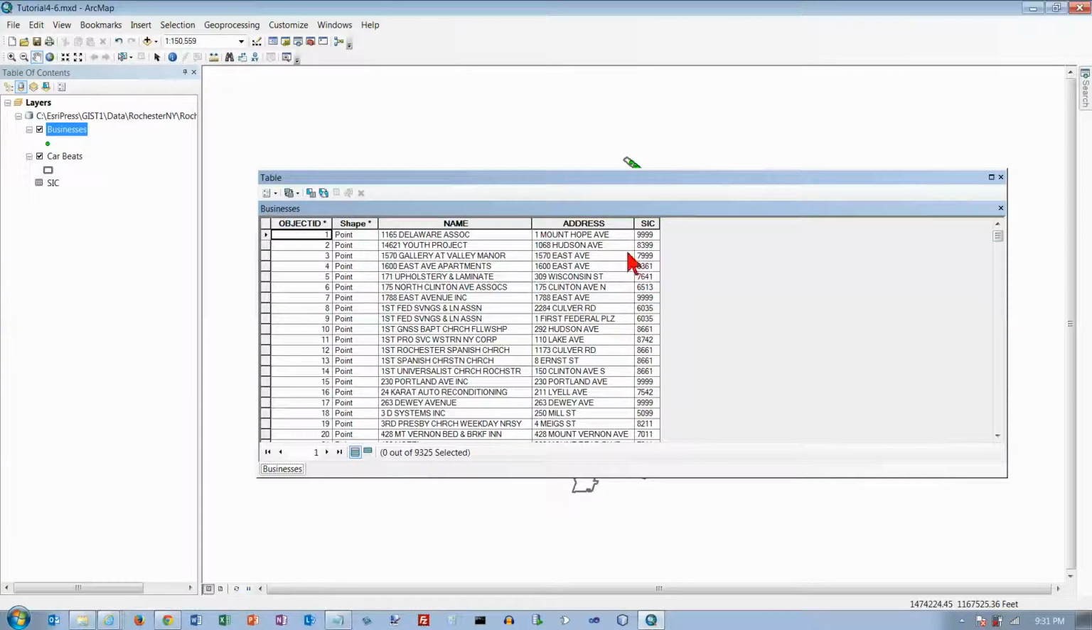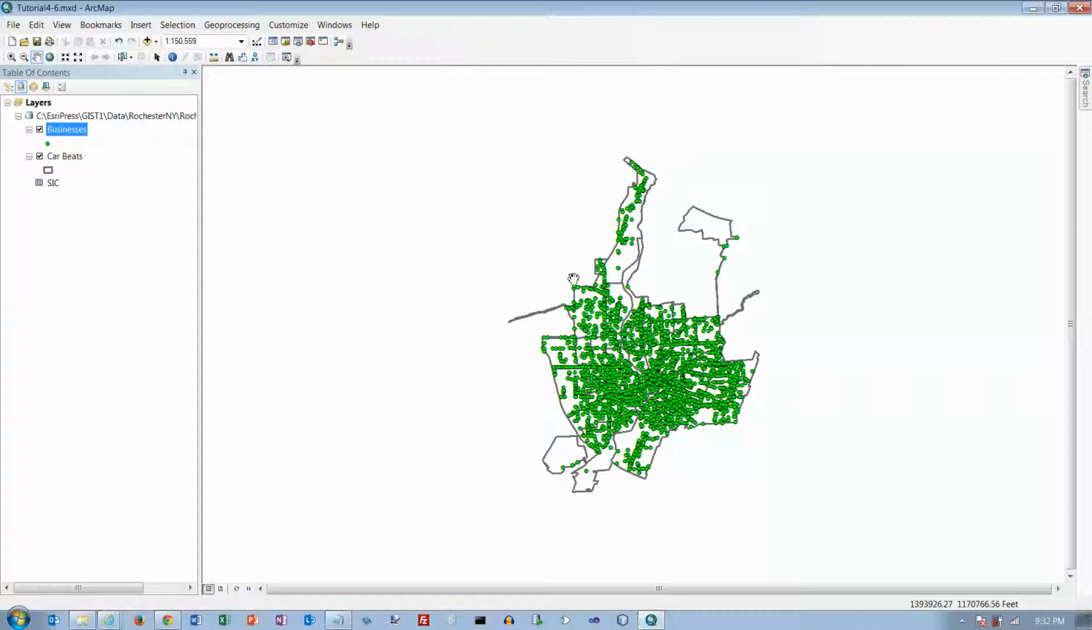each one has an SIC code, and I don't know if it tells us what the SIC code stands for. Standard Industrial Code, okay, which basically tells what type of business it is. So we've got a standard industrial code here. We're going to close the business attribute table, and then we're going to click the list by source button at the top, which is this, but which I've already clicked on, and open the SIC table